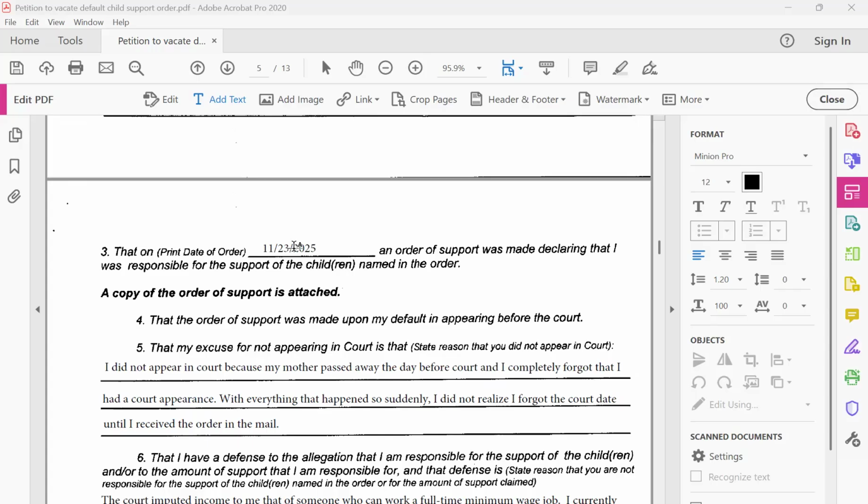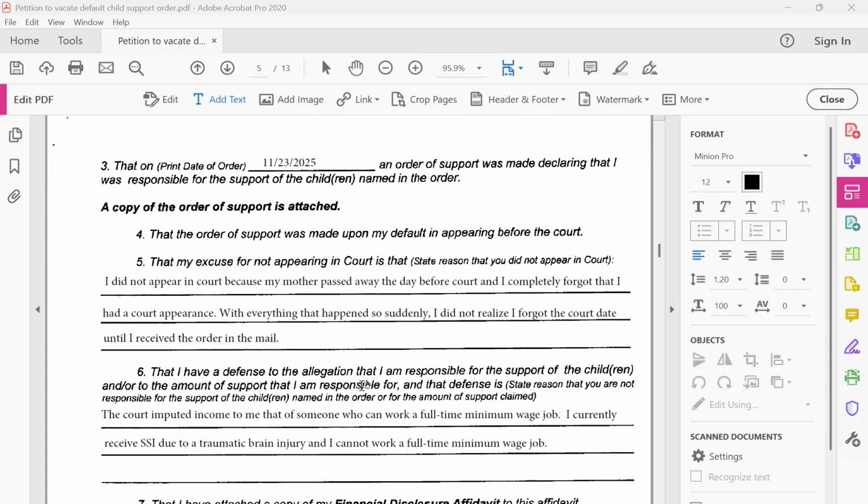In this particular case, the excuse was that the respondent's mother passed away the day before court, and she understandably forgot all about the court appearance and didn't realize that she even forgot the date until she received the order in the mail. And her defense to this is that a lot of times when someone does not appear in